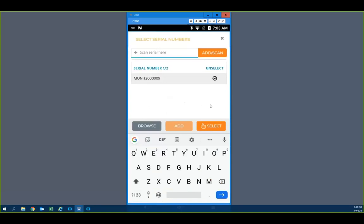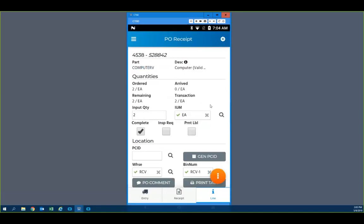So I've made it 1 of 2, and as soon as I get to the required quantity of 2 of 2, it automatically navigates me back to the page. Now there's one of the configuration settings that will change the way that works, and that is that I might